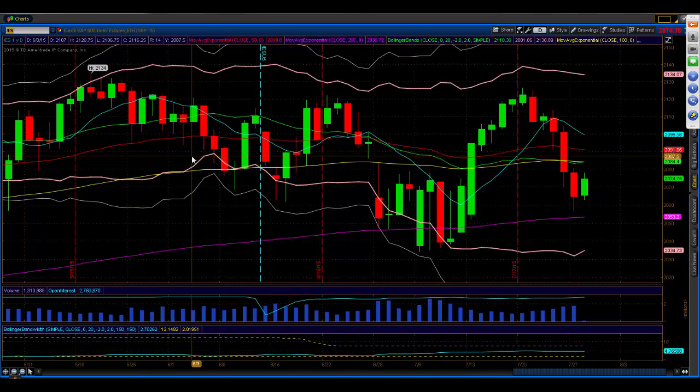S&P 500 E-mini futures daily chart, and the title of this webcast is "Here We Go Again," because we're going to have to figure out whether we're in the middle of a bear market rally, a sell-rallies type of event that could go to the mid band, it could go to the weekly pivot up at 2090.80,